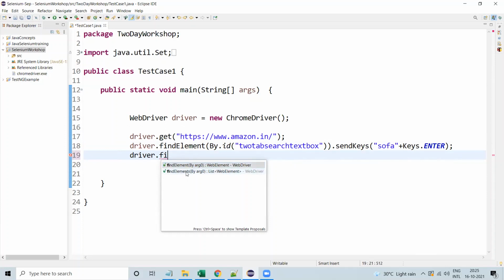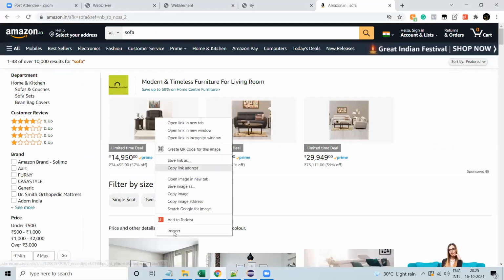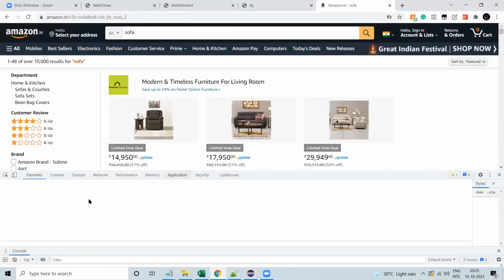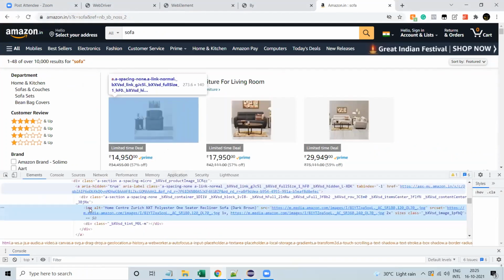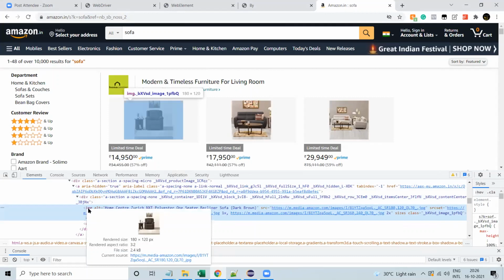So we need to go with findElements. If it is an image, inspect it: the tag name will be img only. So you can use tag name as image.